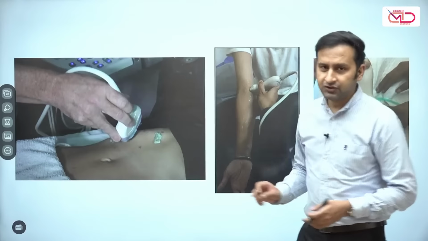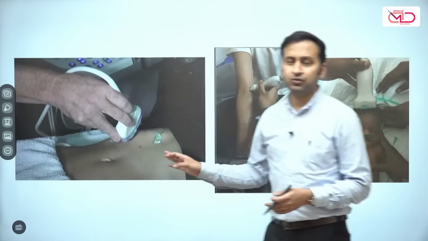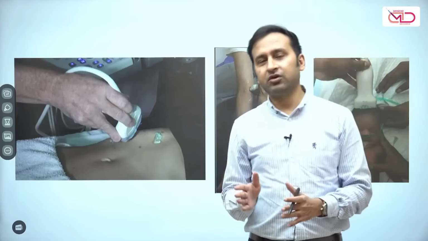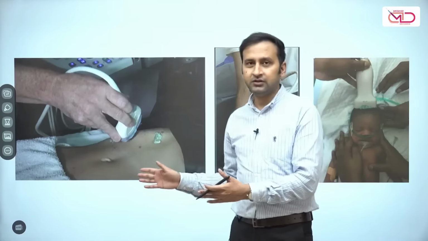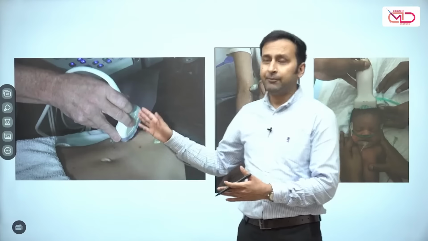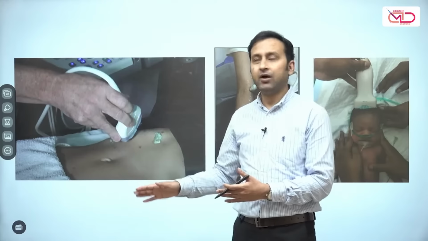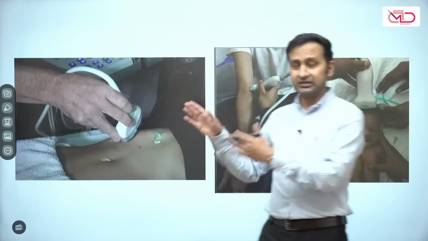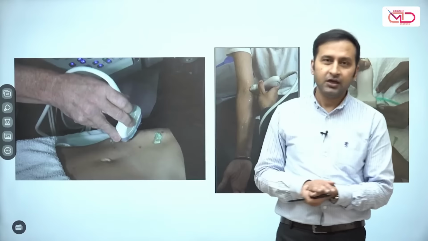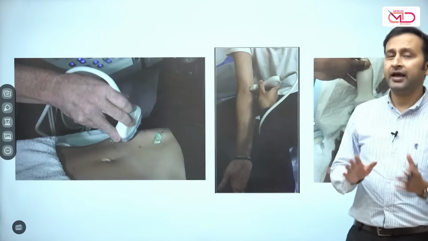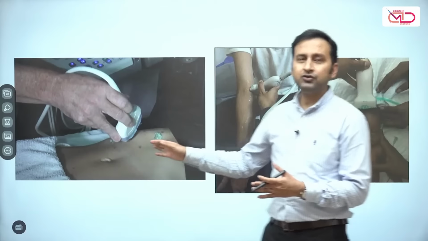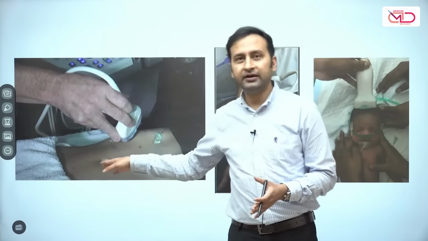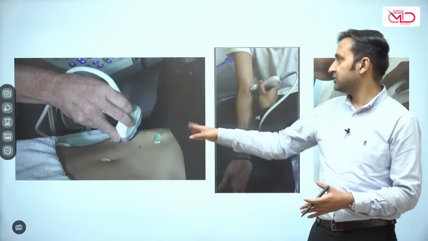This is the common way in which ultrasound is done. This particular image shows you the transabdominal ultrasound. Most of you might have undergone some sort of sonography in your life. What we do in a sonography is, when the patient is lying down, the doctor or the radiologist places a probe, or a transducer, as we call it in our language, over the patient's body. And a certain semi-solid substance is placed over the patient's body, because these sound waves cannot transmit through air. So we need something which can act as a transmitting medium. In our case, we use jelly. Otherwise, you can use any liquid. Even if you put water and use the ultrasound probe over it, you can still have the same quality image as with this particular jelly.